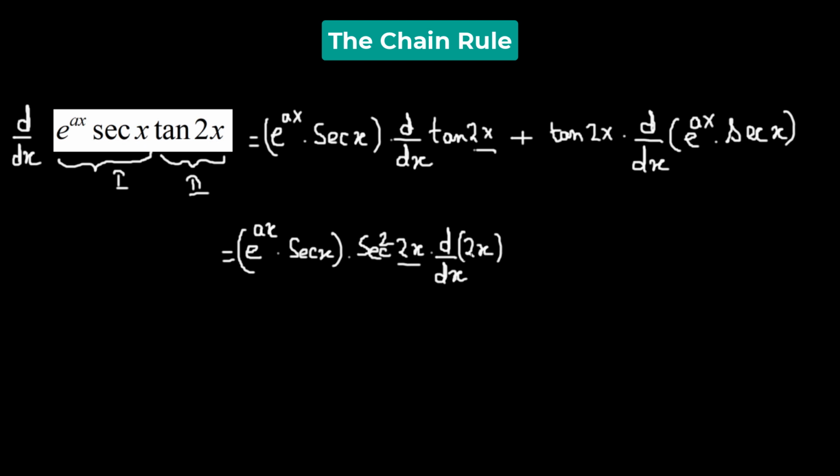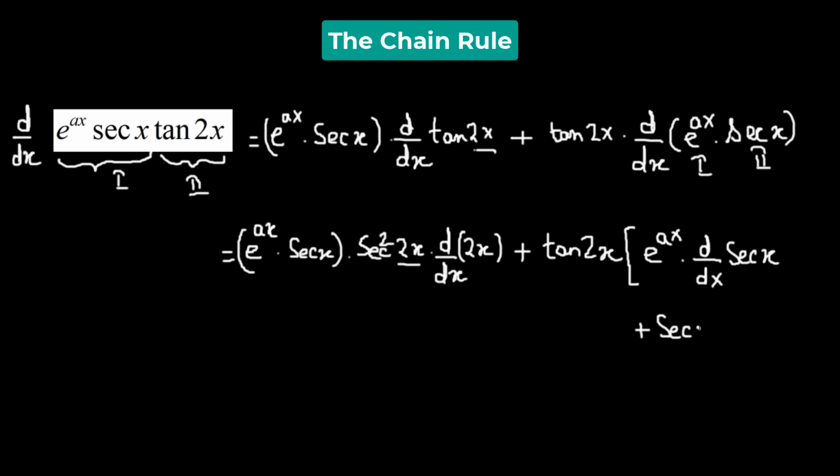So this is the chain rule plus tangent of 2x. Now we have to apply the product rule here, because now we have two functions, e raised to the power of ax times secant of x. So let's assume that this is the first part and this is the second function. So this will be multiplied to e raised to the power of ax, which is the first function, multiplied to the derivative of secant of x, plus secant of x multiplied to the derivative of